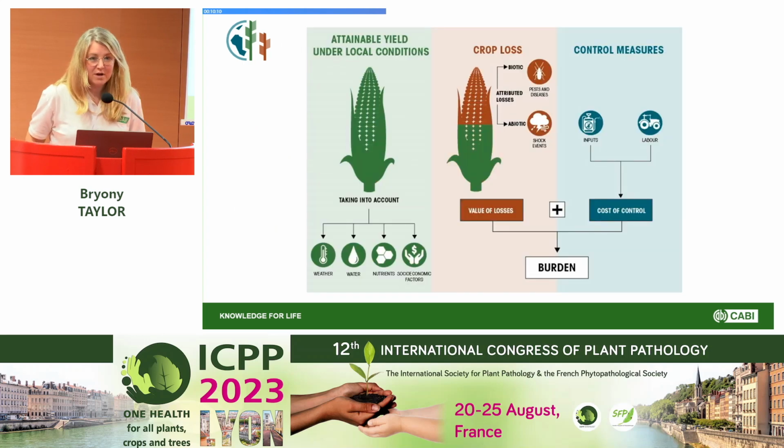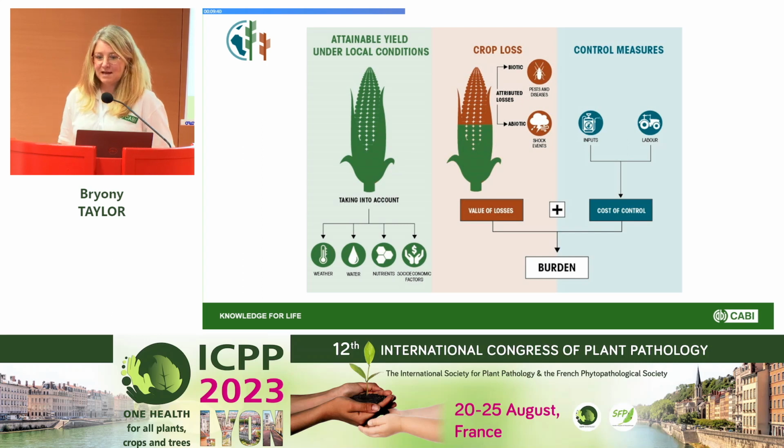So this is the framework that we're working towards, our conceptual framework. On the left-hand side, it is the left on the screen, that's good. You have attainable yield. So this is attainable yield in context. So what is possible for someone to grow in a particular area given their weather conditions, their water availability, their nutrients, and their socio-economic factors. And this is generally a modelled factor. When you compare this against what is actually produced in an area, you come up with a loss envelope, and